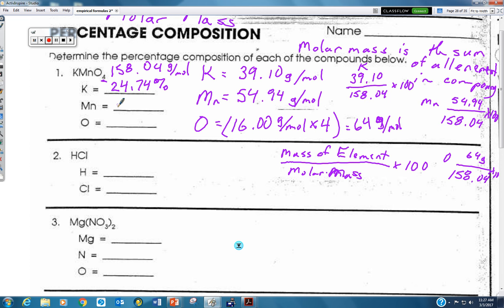For manganese, 54.94 divided by 158.04 times 100 gives us a percentage of 34.76. And with oxygen, 64 divided by 158.04 times 100 gives us